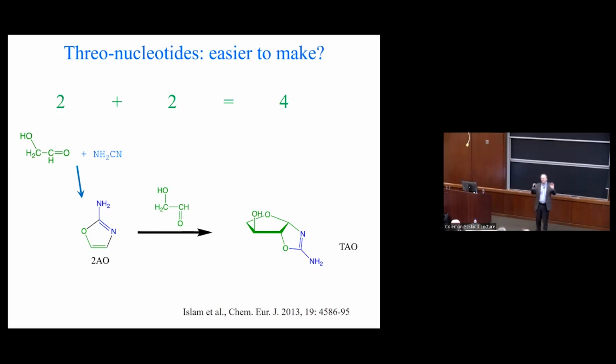And it really created a huge uproar because it looks easier to make, and it actually makes a Watson-Crick base pair double helix, and it can base pair with RNA, it can base pair with DNA. It looks like, man, maybe biology started with TNA and then did a transition to RNA and DNA. Okay, so we have to look into whether that was possible or not.